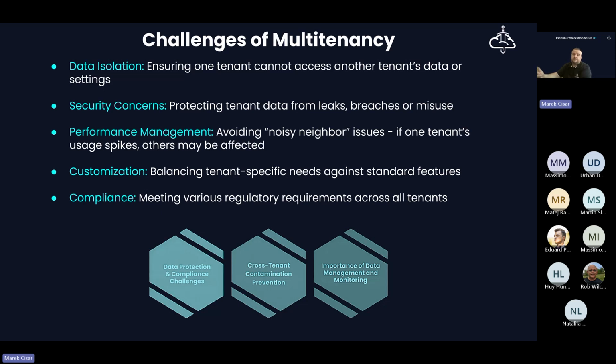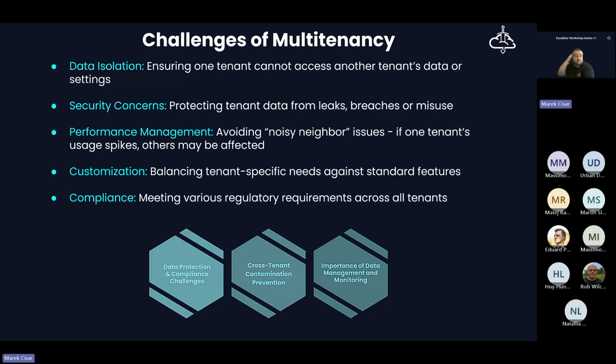And also the main challenge is compliance as well. So we must ensure that regulations such as, for example, GDPR or NIS2 or ISO standards are applied, not only to the platform itself, but to every tenant as well.